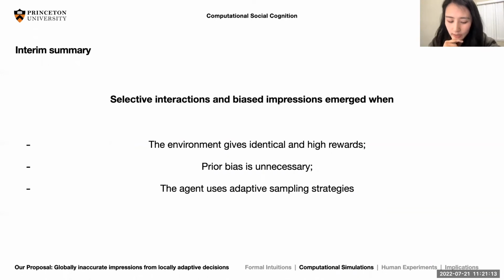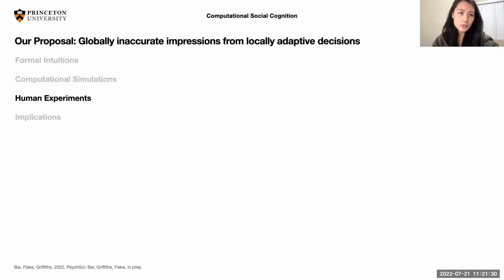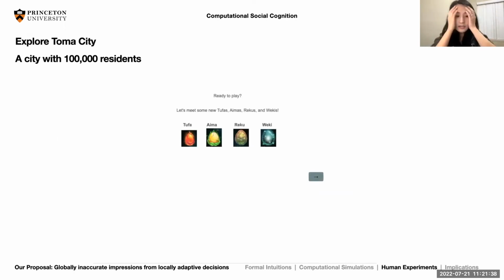But as psychologists, and in social science in general, we care a lot about human behavior. Even if we have a formal model and a formal theoretical prediction, if it doesn't speak to human data, that speaks to the validity of the theory to some extent. So we want to know about human behavior, and let me show you that. We ran a large-scale online experiment, and let me explain that experiment to you here. This is our experiment. It's kind of similar to our intuition game.